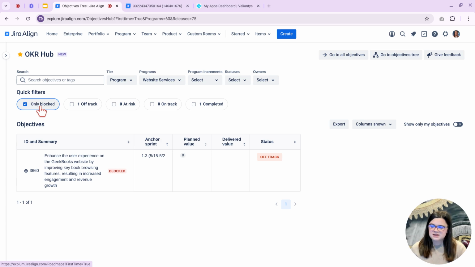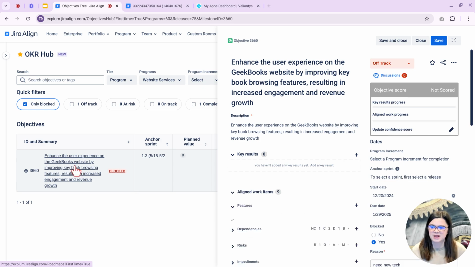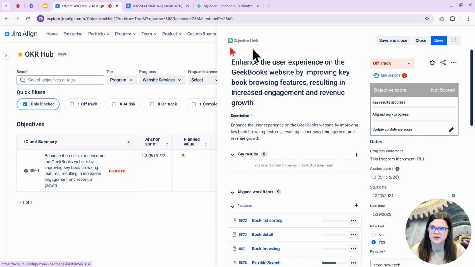Our last update in the tool here is to the administration of our objectives. So if you are using the new objective experience, let me open this up to show you an example. It looks like this, a little bit of a new UI for the details panel. This has been available for quite a while now. You may see a notification at the top in purple asking you to switch to this view. If you don't see that or see this view, your administrator may need to request it to be enabled by